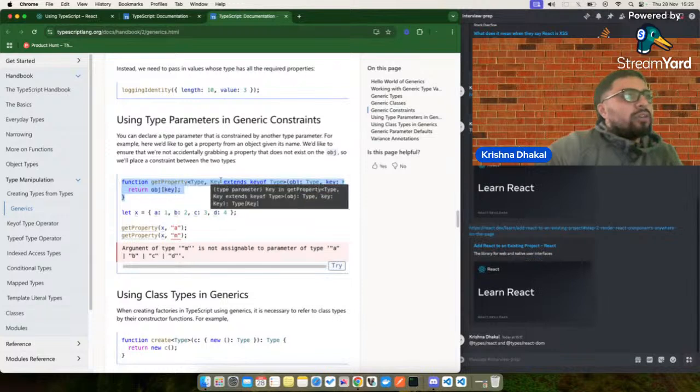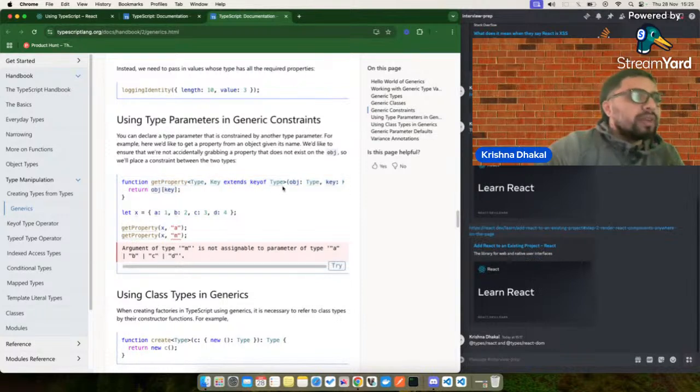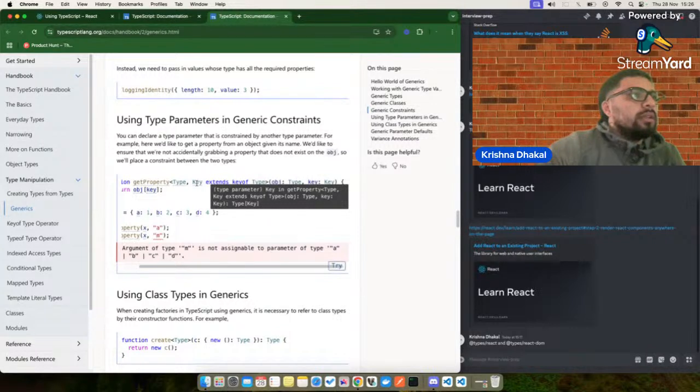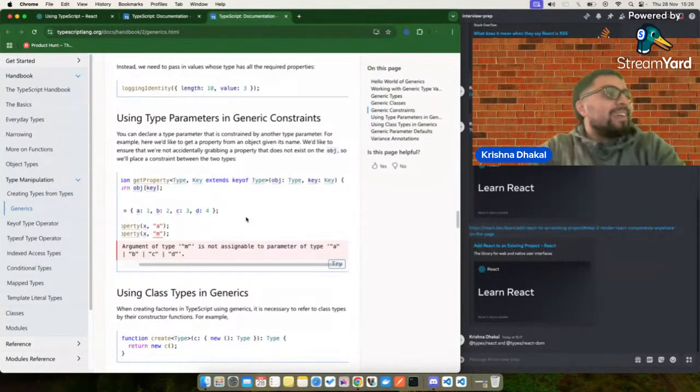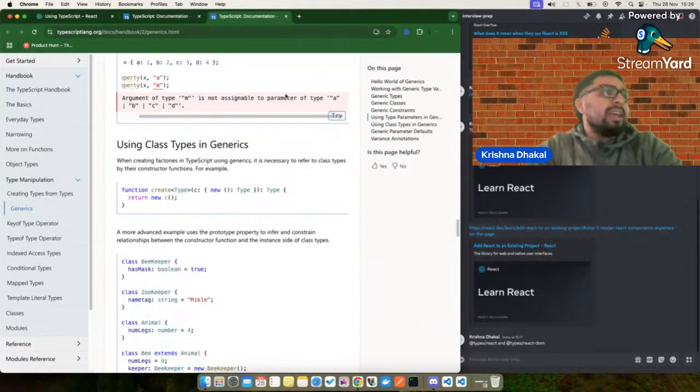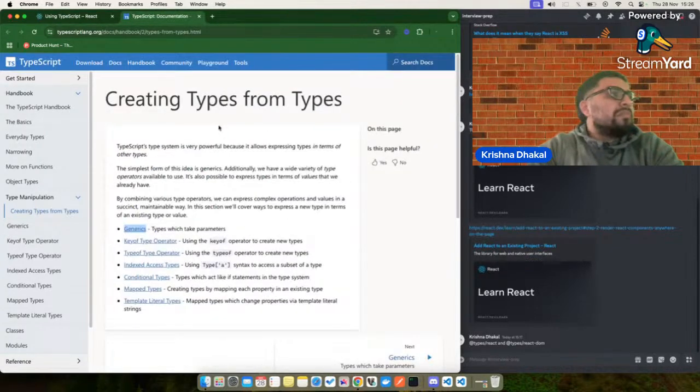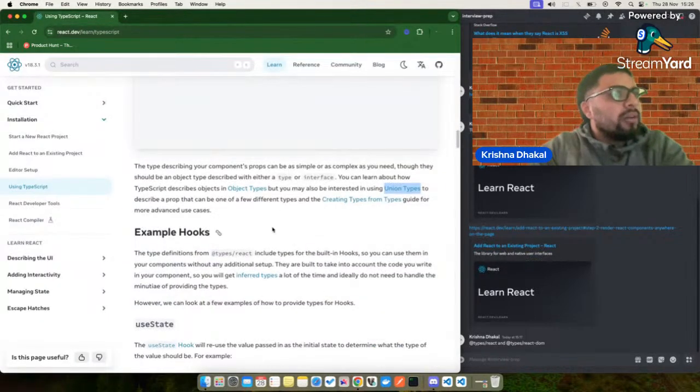It looks so complex, right? But Key extends keyof Type, and getProperty takes the parameters object and key, where key is of type Key. It's so confusing, man. We can ask ChatGPT about it, but let's not go that deep into